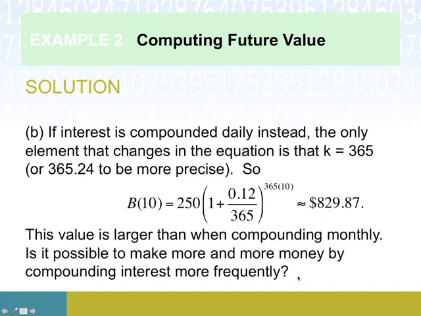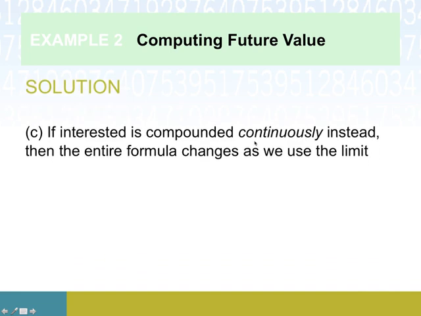Could we just make more and more and more money by compounding interest more and more frequently? This is the kind of thing that probably would have resulted in one person getting rich and then everybody else, and then some sort of institutional rules getting set up to prevent it if that were the case. So since there aren't any rules, it seems like there's probably some limit to how much this is going to benefit us. So when we look at compounding continuously, that's basically this notion. If we just have infinitely many compoundings per year, then we